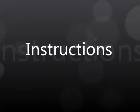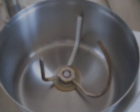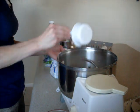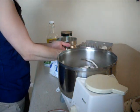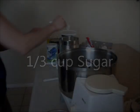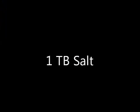Now for the instructions. Let's start with our empty bowl, and you can see with the Bosch, this is the great thing about a Bosch, it has the scraper and then also the hook that mixes it really well. And you can start with your 6 cups of whole wheat flour. So go ahead and just dump the 6 cups in. One-third of a cup of white sugar, 1 tablespoon of salt,